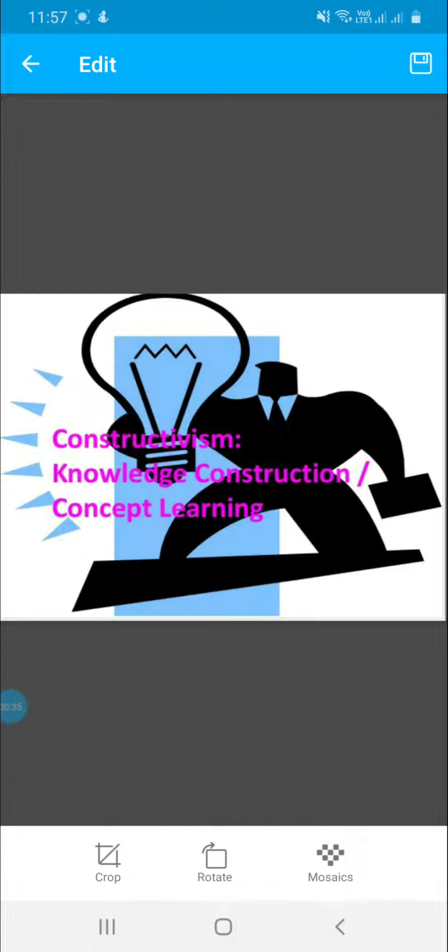Basically, we can say that it is a theory based on observation and scientific study in which students construct their own understanding through various experiences. It is also known as experiential learning because in this approach the students gain knowledge with the help of various experiences. It is also known as conceptual learning because concepts are made by the students with the help of various activities which are performed by them.